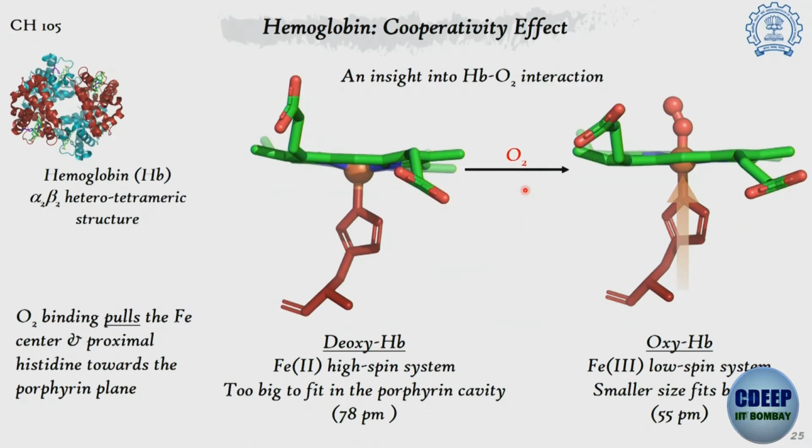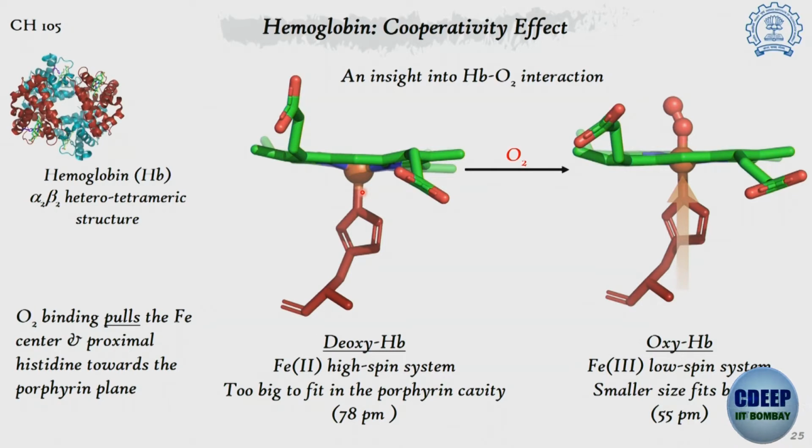Now take a look into how this cooperativity effect actually comes into place. So again I am showing you the deoxyhemoglobin, and once it is bound to the oxygen, the oxyhemoglobin. Now I am showing you through the plane of the porphyrin ring. So this is the porphyrin ring, this is the 5th ligand of the iron, the histidine. Before the binding of oxygen, the iron stays in the +2 oxidation state, and not only iron +2, but it is also in the high spin +2 oxidation state. You know again the high spin and low spin system from coordination chemistry.